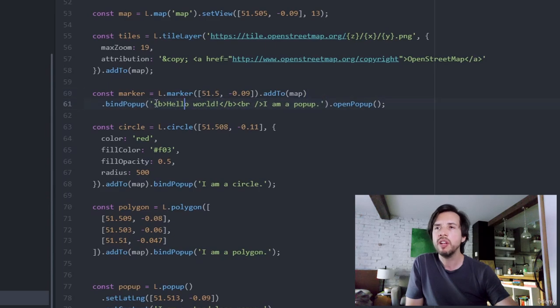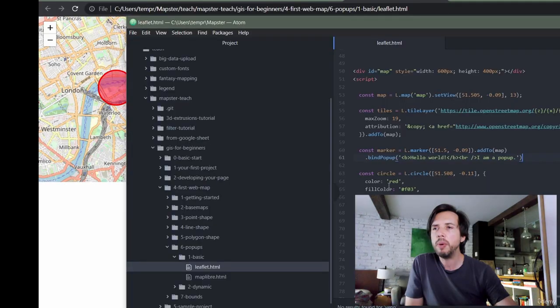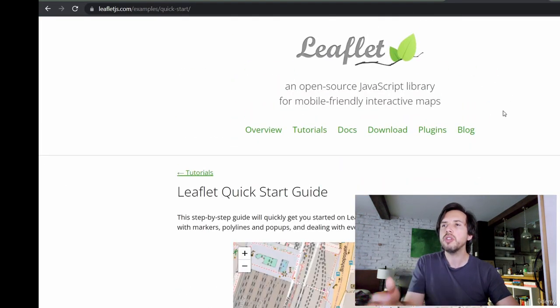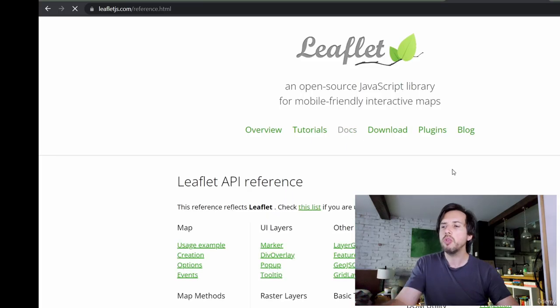This is an HTML tag we didn't talk about. It basically bolds text. This is another tag we didn't talk about. Basically, it's a line break. And then there's some text around it. So you can put HTML in there. And then there's this thing that says openPopup. So bindPopup is a special method in Leaflet that allows us to attach a pop-up to a feature when